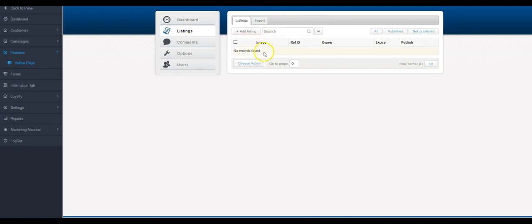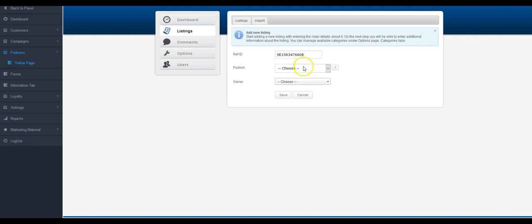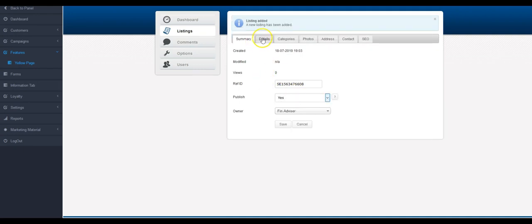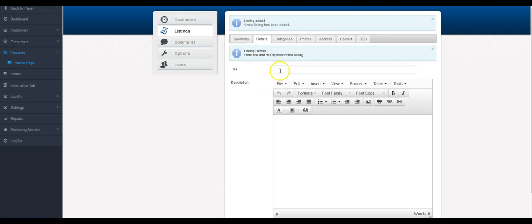This is where you would create a listing just by hitting the add listing button, and then you would choose whether it's going to be published, yes or no, who the owner is, and save. And now we've got a listing created, and here we go with the details of the listing. So we enter what the details are. Let's say it is an auto detailing shop, right? So you would put the title in there, auto detailing,